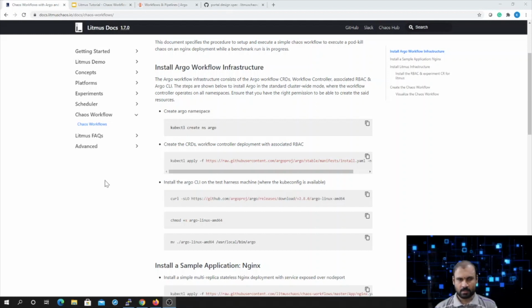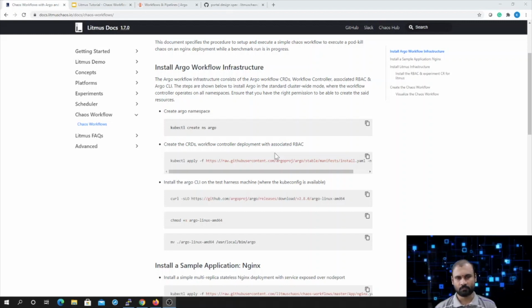In the session today, I will just use this chaos workflow of doing pod delete against nginx during benchmark as a way to illustrate how you can construct your own chaos workflows. The Argo workflow manifests can be constructed in different ways. There are a lot of different ways in which you can define the tasks to be run as part of the workflow. We've gone for one that's using steps. It is pretty intuitive for people who are doing it for the first time and makes the intent of the